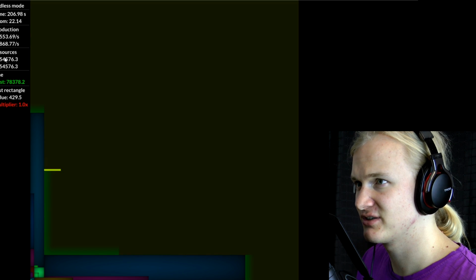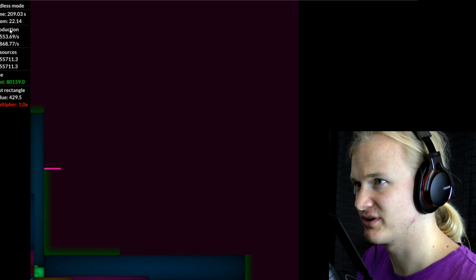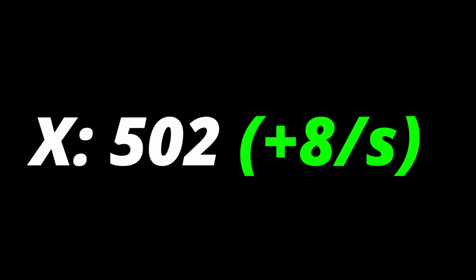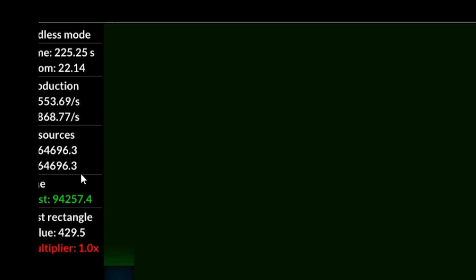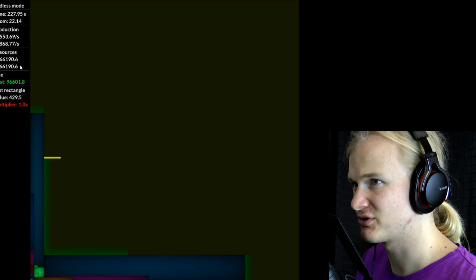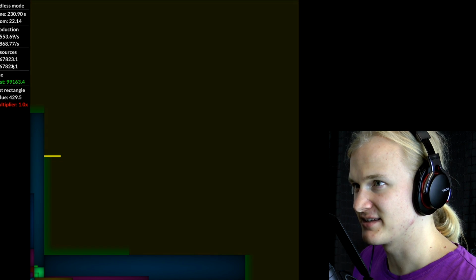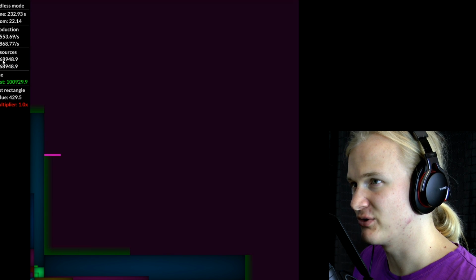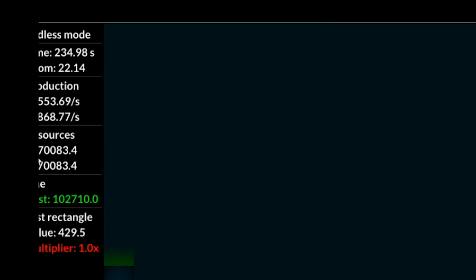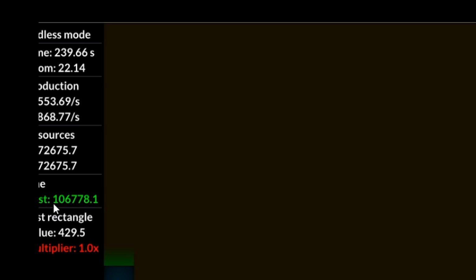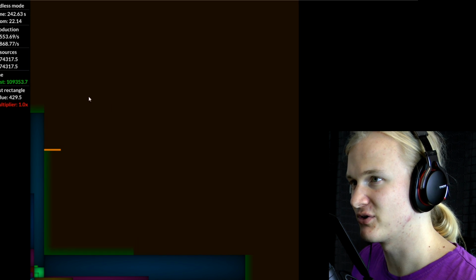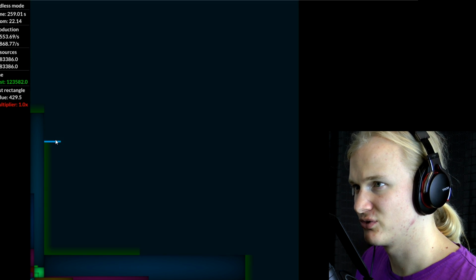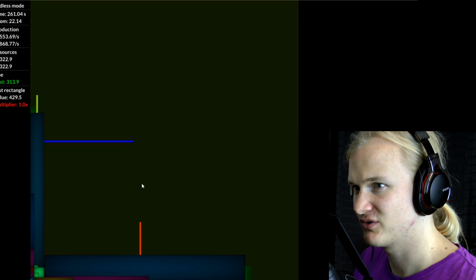And then here production and resources can be combined. For example, you can just put the production in brackets behind the resources. Numbers are already so high that I can't really read this properly anymore, so perhaps at a certain point it should be rounded to K or something like that. Maybe there should just be 700K, and then here line cost 100K, and that would make it a bit more readable. Then once again here, last rectangle value, that is just something you could show directly on the rectangle whenever I place it.